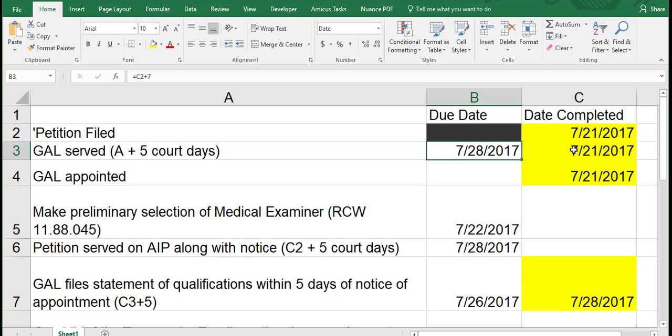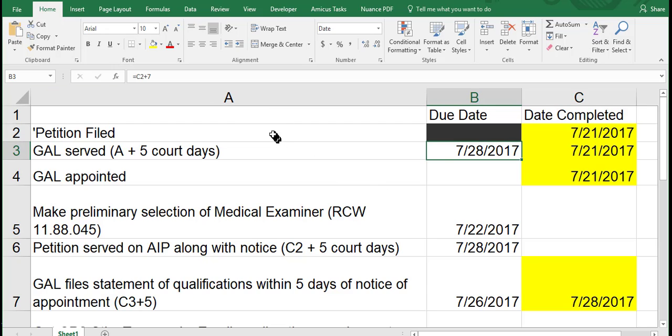We're going to assume that the guardian ad litem is appointed when the petition is filed, which is typical in King County, and that we will be able to serve the guardian ad litem simply with a phone call and then emailing the documents to the guardian ad litem. So the guardian ad litem will be appointed on the same date. But each of these yellow fields is a date that would be filled in as events actually occur, and then they will set up the additional. In this example, we've filled them in with dates that we predict at this point will occur, just so that you can see the due date as it fills in.